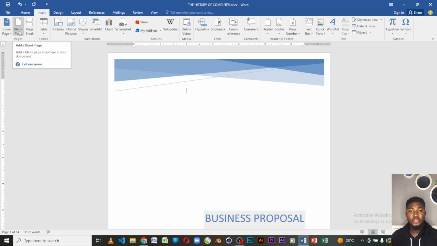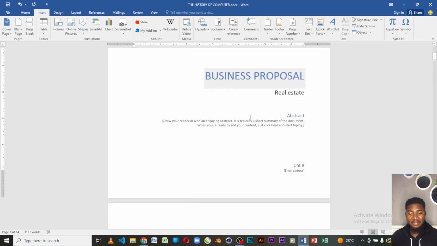So maybe what you want to insert next is a blank page. Inserting this blank page depends on where your cursor is. So if I have my cursor here,